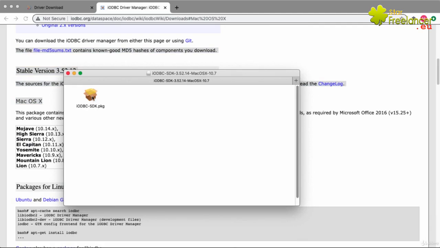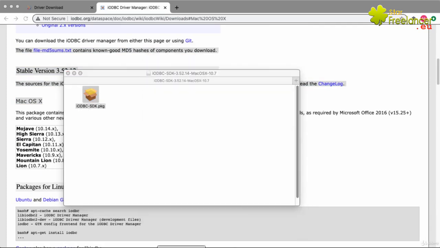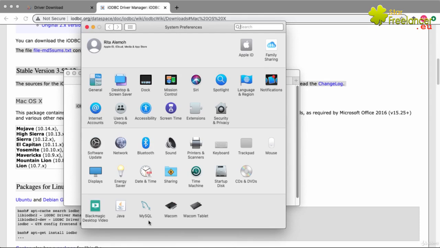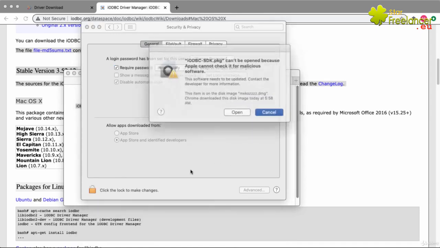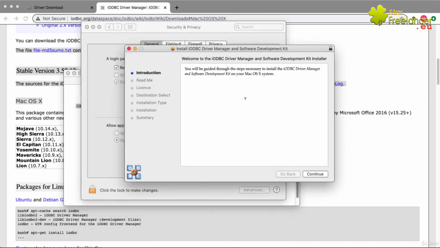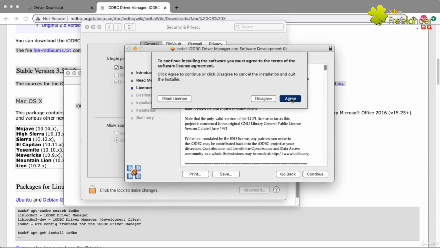So let's double click this. It can't be opened because Apple cannot check for malicious software. Come to this place. You click System Preferences, go to Security and Privacy, General. Then you click on this Open Anyway. You open, then it will allow you to run now. Just click Continue, Agree,